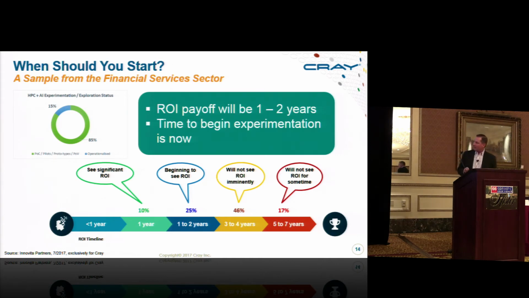But along the bottom here, what we're describing is the timeline to ROI, and you can see with a year in, a very small number of organizations are reporting success with that, or an impact to ROI. When we get to that 1 to 2 year mark, it starts to increase. But I think the key takeaway from the responses to this survey is that this is a long-term investment, and it's not a piece of technology that you go acquire from a vendor and you plug it in and you start pushing data through it and it starts giving you wonderful answers. There's a much bigger investment.